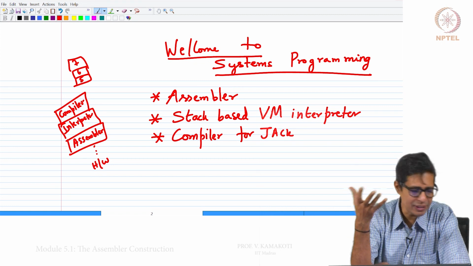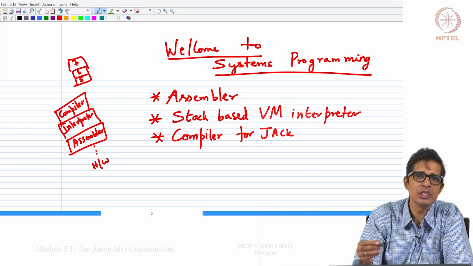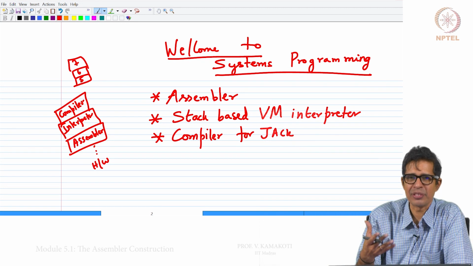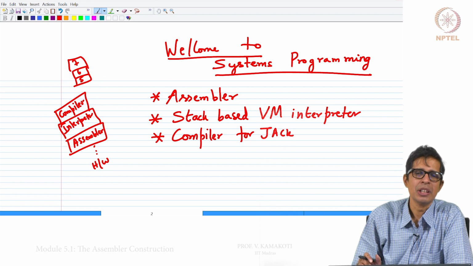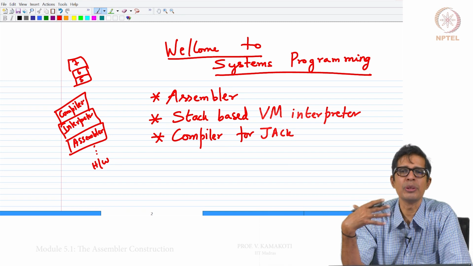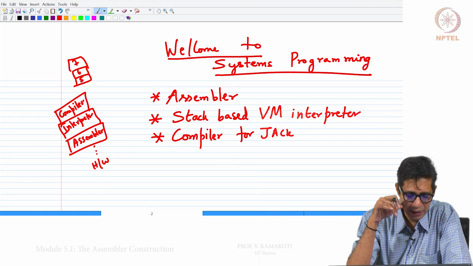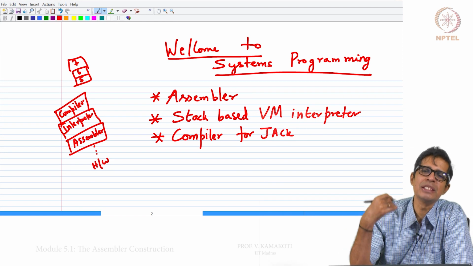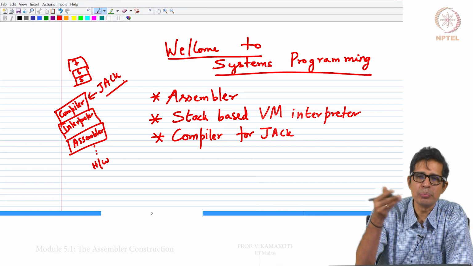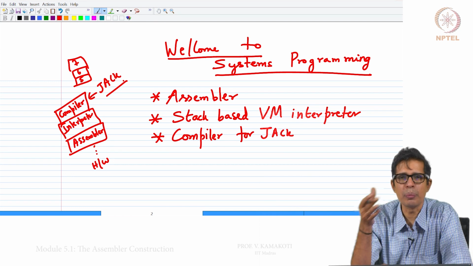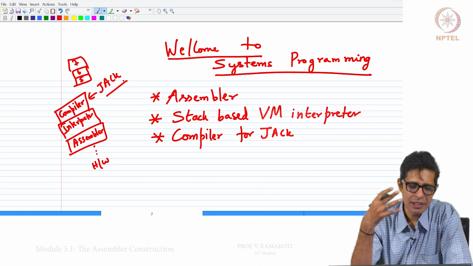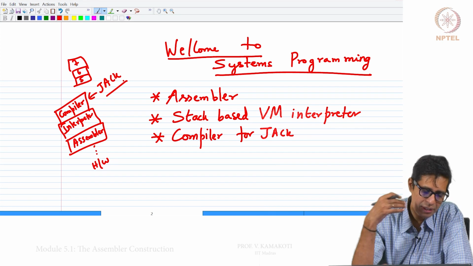Taking a high level language, we can't write a compiler for an entire C language in a small course like this, but nevertheless we need to understand how compilers work, and that is also one of the most important objectives of this course. So, we have taken an abridged version of Java called Jack, as you can see in the prescribed reference book. I hope you have purchased the book or e-copy, so it is very important for you to have that so that you can follow this course.